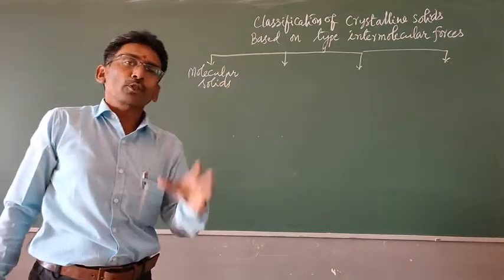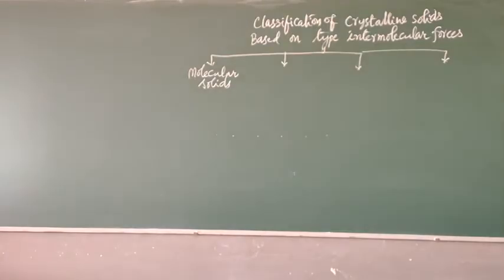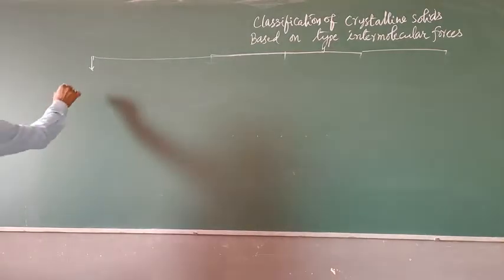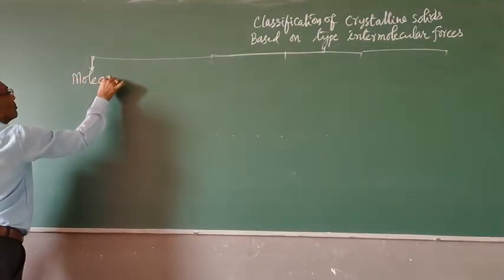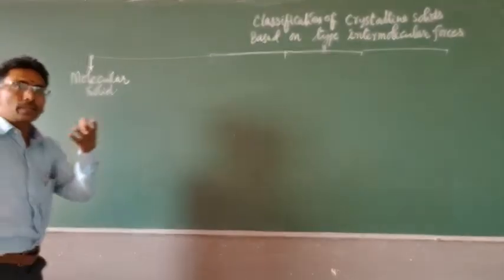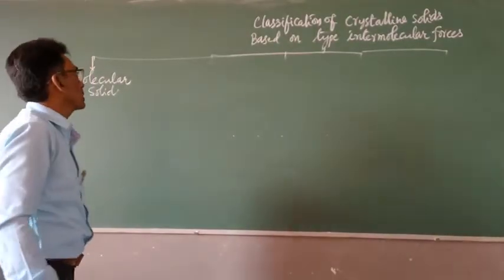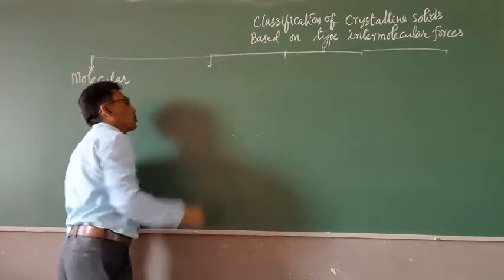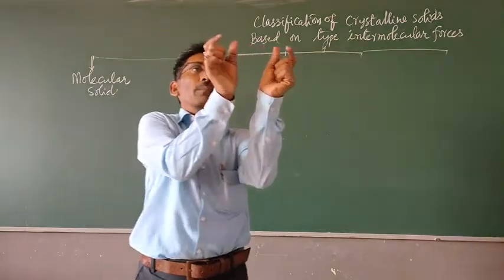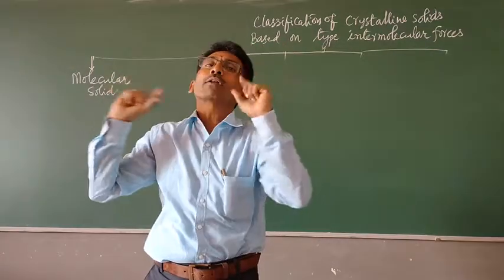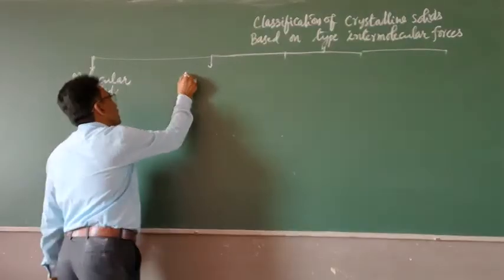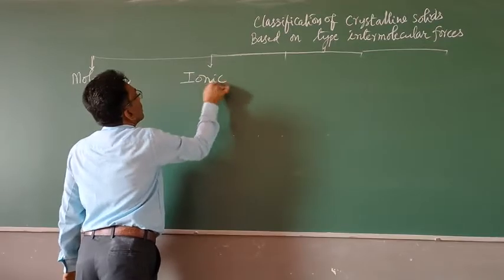Such type of crystalline solids are known as molecular solids. Right. Next, if you take sodium chloride, table salt, what happened? Molecular solids, this you have seen in the previous case, in the case of solid water, that is ice. Next, if you take the same table salt, what are present at each lattice point? Na plus ions attracted by Cl minus, attracted by Na plus. It is going on repeatedly in a three-dimensional way. And here what are present? Ions are present. So they are known as ionic solids.